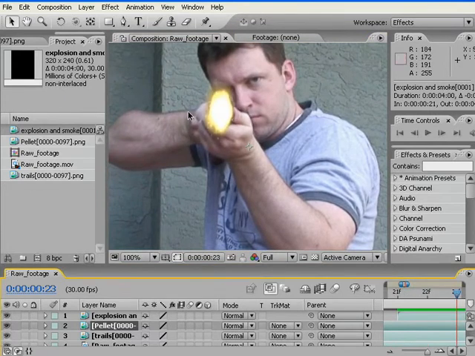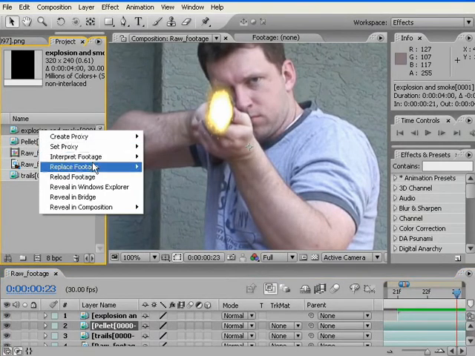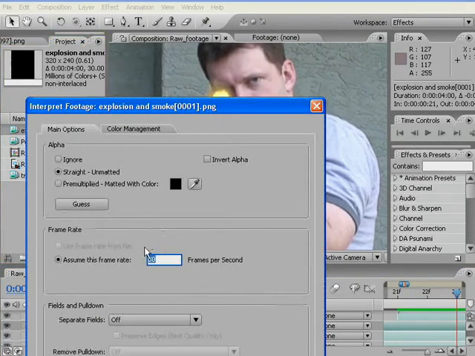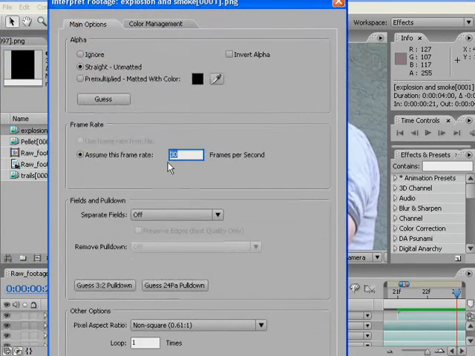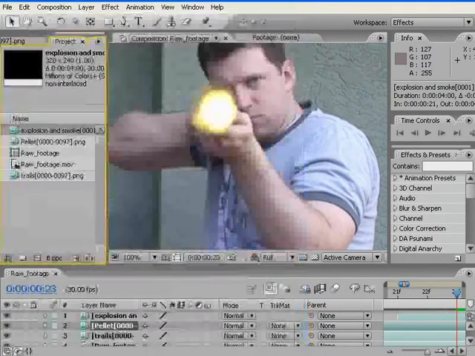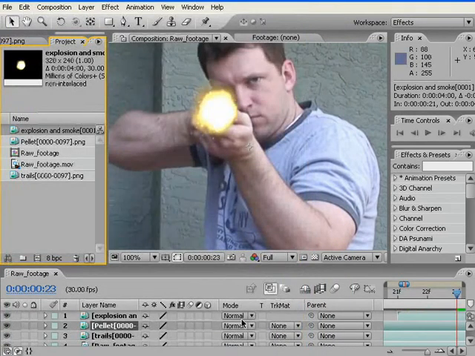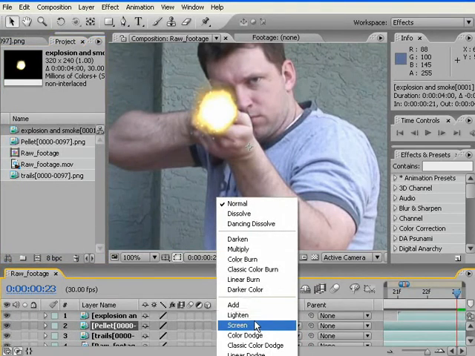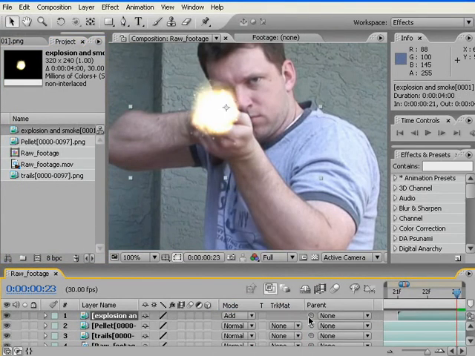One thing, sometimes, especially out of Particle Illusion, you render it out, you get a weird aspect ratio of the pixels. So to fix that, you go into Interpret Footage Main, and you can see this is a real odd non-square. Just change it to square pixels, and that should take care of the problem. There you go. I'm going to change this to add over top,